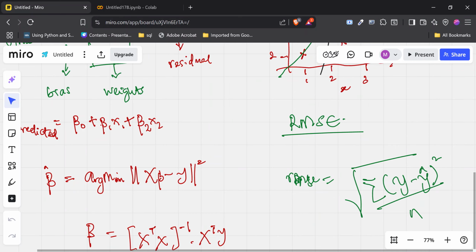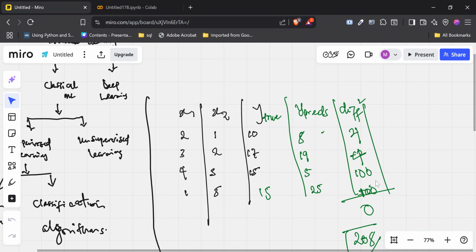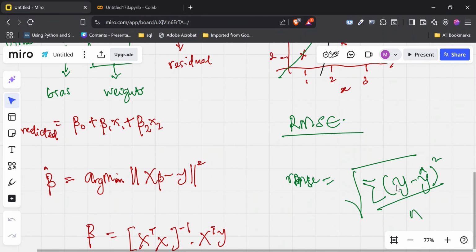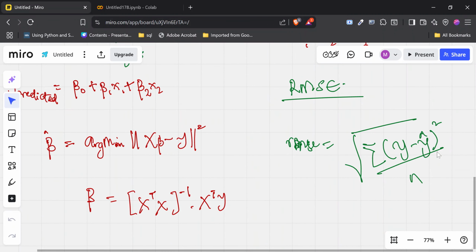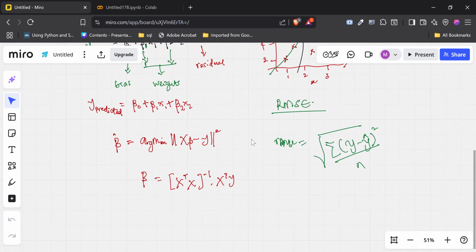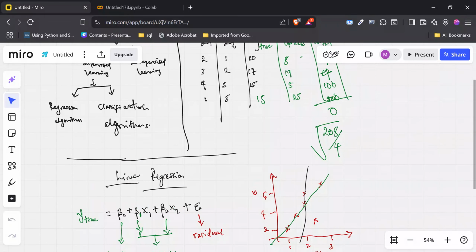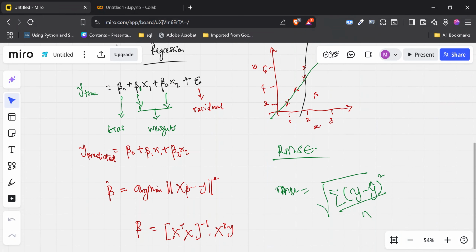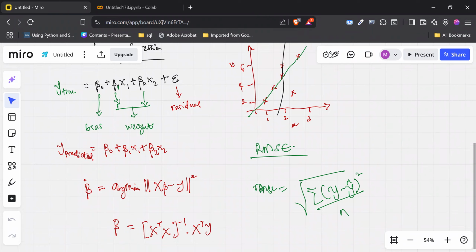So what does that mean? It means the exact thing that we've computed here. So we take each of our predictions, each of our true values, subtract from the prediction, we square it, add all of them together, and divide by n, and that gives us the true error that the model is making, plus or minus.